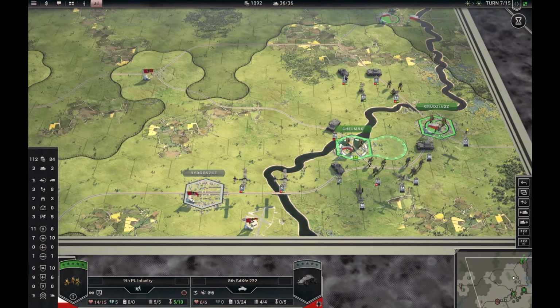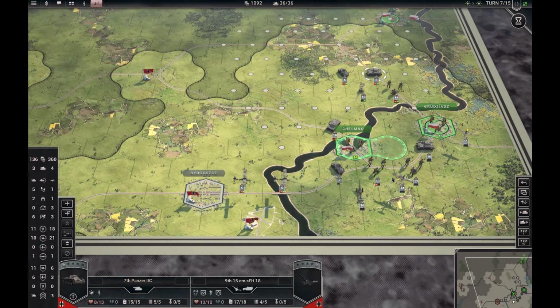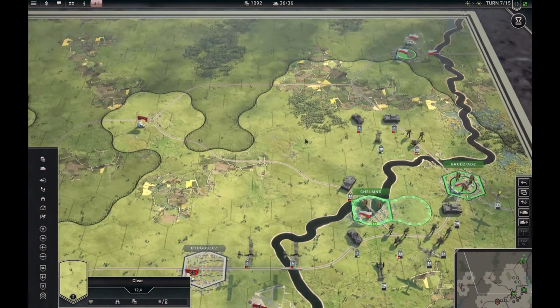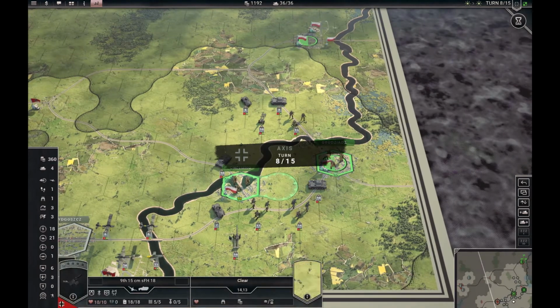I could start reinforcing some of my units mid-game here, but you can see there is no point. I have full control here, and that's just a waste of prestige. Okay, so I will again hit the turn button,